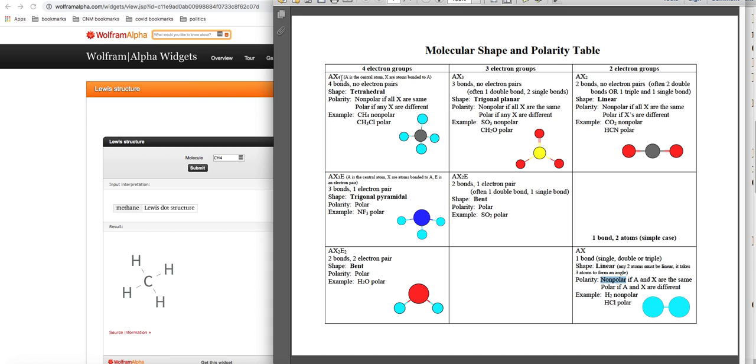What that means is A is whatever's in the middle, and then 4 somethings attached to it. They don't necessarily have to be 4 of the same thing attached to it, but in this case, they're 4 hydrogens. And then no electron pairs,